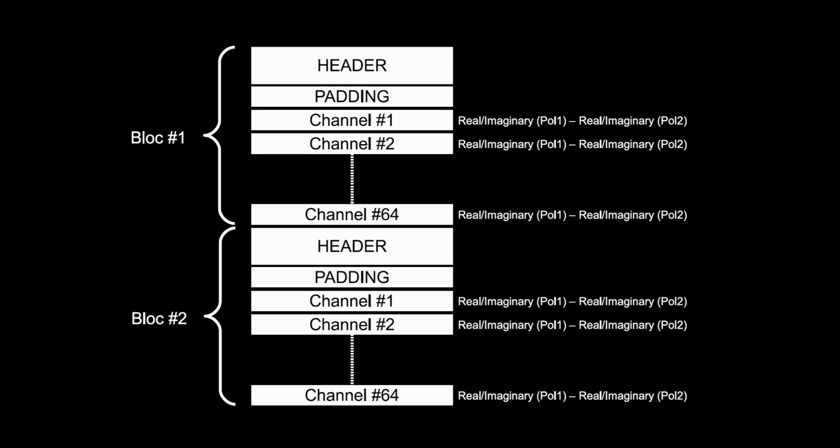So the structure of a raw file is pretty basic. So a raw file is simply a binary file. And it consists in a succession of blocks, each one starting with a header that summarizes all the parameters that are necessary for data handling and processing. So that's all the observation parameters. For instance, what frequency were we looking at, what telescope was used, what direction,